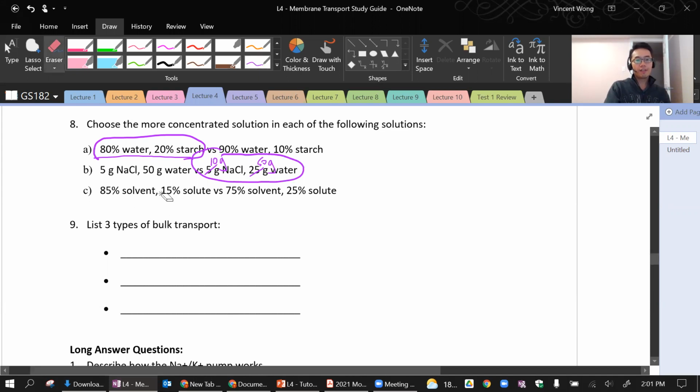Last, you have 15% solute versus 25% solute. So the one that has more solute is going to be the more concentrated one. Okay,